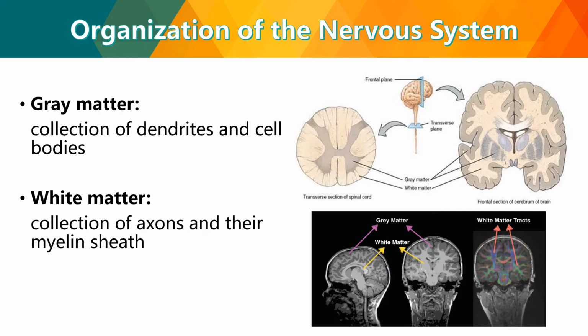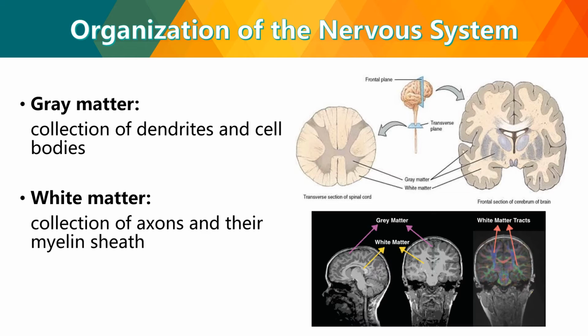If you observe the picture on your screen right now, you see that some parts of your brain or spinal cord have gray color and others white color. Basically, the color of the parts of your brain or spinal cord would let you know